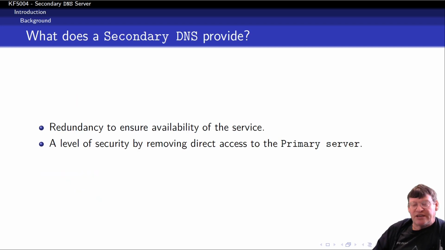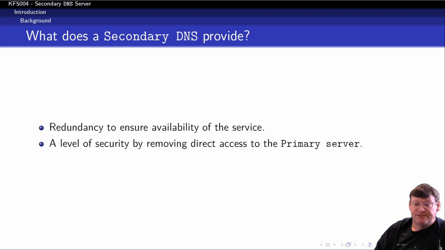So what are the secondary servers going to do for us? Well, in effect, they really do 2 major things. One of them is they give us some redundancy. They provide us with a means by which we can have multiple machines providing the service. So if any of the machines stops functioning, the other can take over. You'll notice in the DNS settings of most client machines, there's normally multiple domain name servers. Those multiple domain name servers are usually the actual secondary servers that provide the domain name information